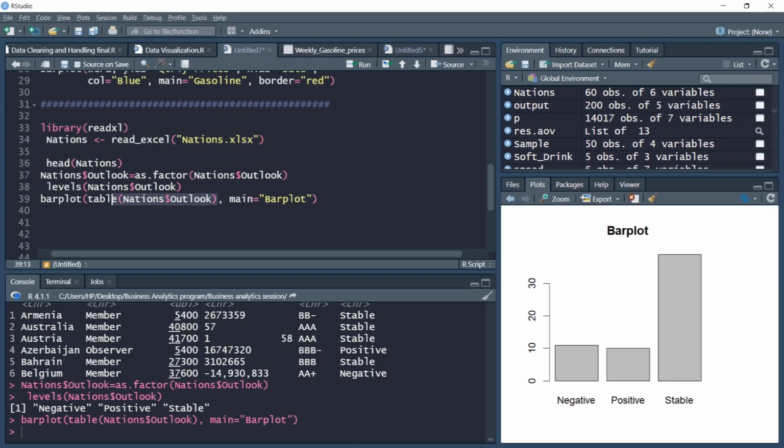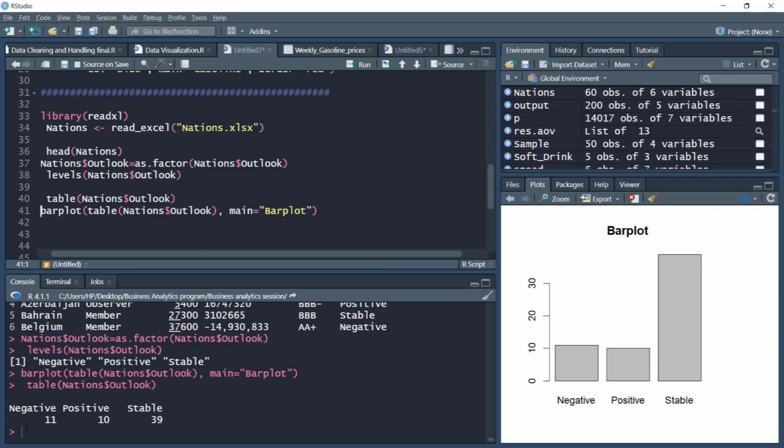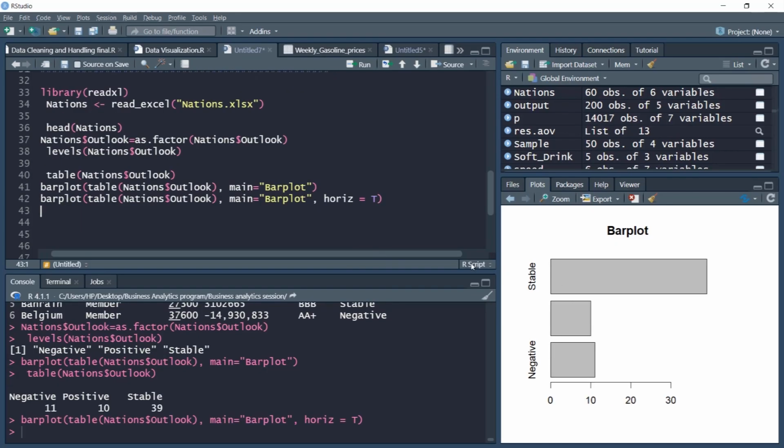You can not only visualize, you can see the frequencies with this table function. So negative 11, positive 10, and stable 39, as you can see in the console window. You can rotate this plot. Instead of this, you can use horizontal as true. So if I do that, the graph will be tilted a little. Those permutation combinations you can do.